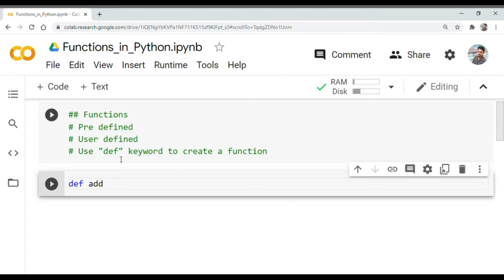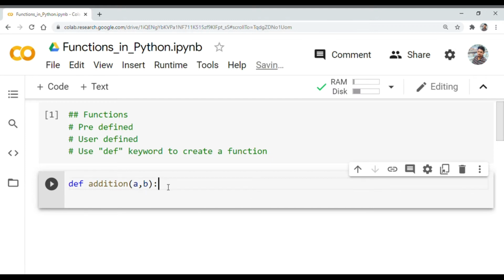So let's start with a function example, def addition, which means a function addition to add two numbers. We will take input of two numbers and store them in two variables like a and b, and we will pass them as parameters, and end with a colon. As soon as you press enter, it will start the indentation.